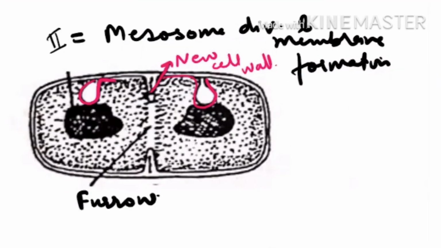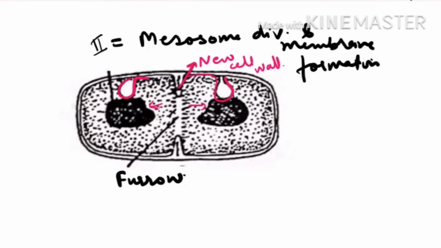The mesosome is dividing. Why is the mesosome dividing? Because of the synthesis of new membrane in between. As a result, the two mesosomes are moving apart. This side is moving apart and this side is moving apart, carrying their own DNA, and they are pushed away from the middle. Now, one chromosome is attached to each mesosome, so the two daughter DNAs get properly and equally distributed.